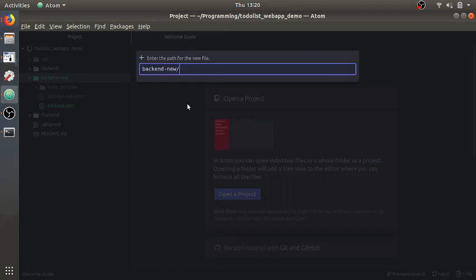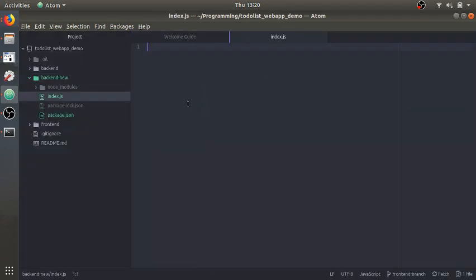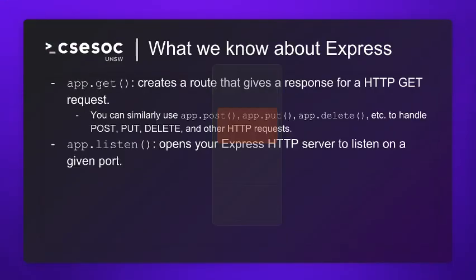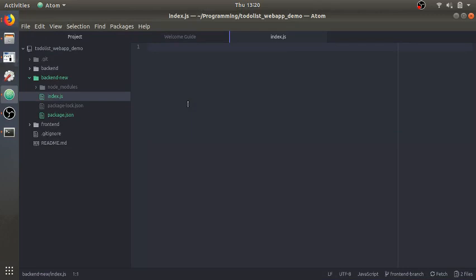So new file, index.js. Okay. So this is going to be the entry point of our application. Think of this as your main.c if you've used C. All right? Now, what we're going to start doing is we're going to import Express by going const express equals